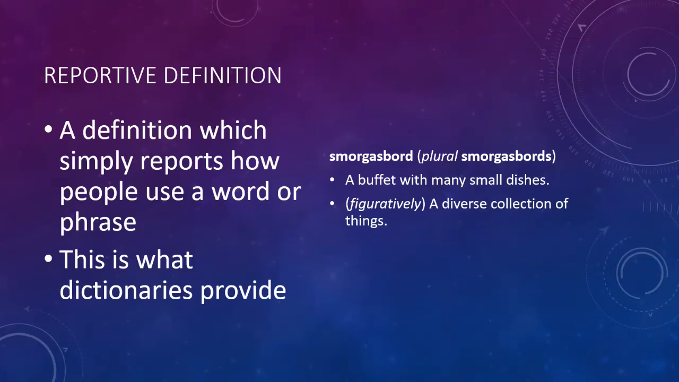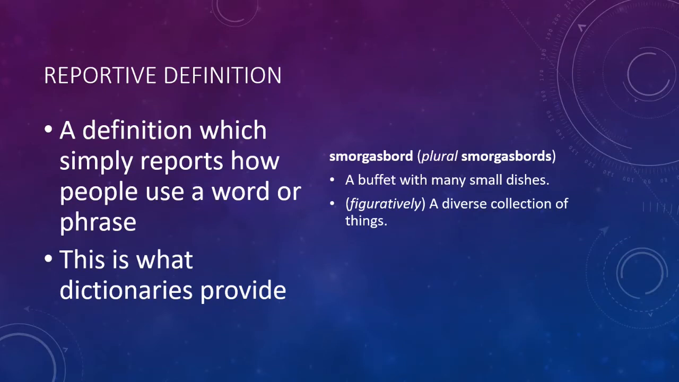So when you're writing a dictionary definition, what you're trying to do is report on how people actually use the word in practice. And this is where it gets tricky. This is where it's very hard to come up with necessary and sufficient conditions because people just use words all kinds of ways. And usually it's a mess how they use the word. So yeah, a smorgasbord is a buffet with many small dishes or a diverse collection of things. So this is an attempt to, like, when people say, what is a smorgasbord? They mean,